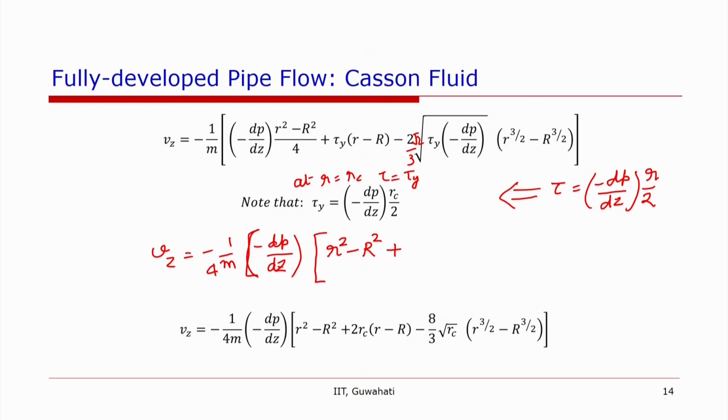So minus dp by dz has gone out, there is a 2 there, and we have taken 4 out, so we will multiply by 2 here, 2 rc small r minus capital R minus tau y is equal to minus dp by dz. So minus dp by dz has gone out, and within bracket what remains is rc, 2 and 2 cancel out, so